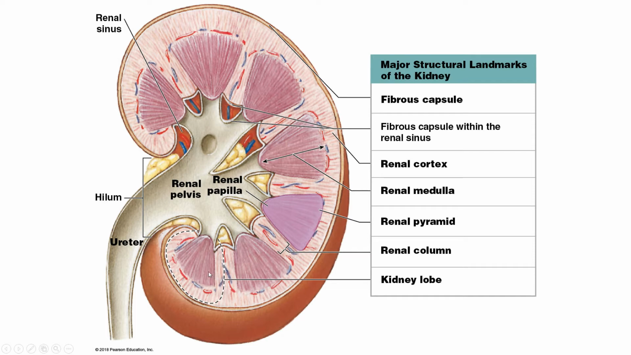You do have other features such as the hilum, which is the medial indentation of the kidney. And this is a point of entry for the renal arteries, the renal nerves, the renal veins, and of course the ureter right here. You also have the renal sinus, and the renal sinus is going to be a cavity